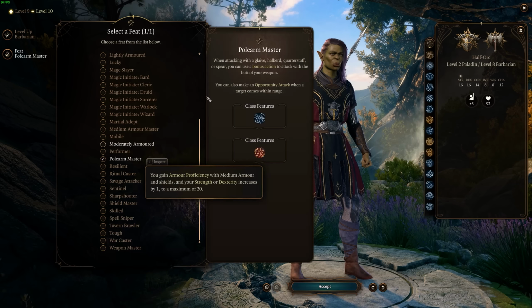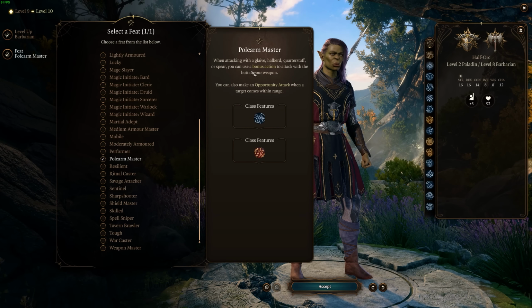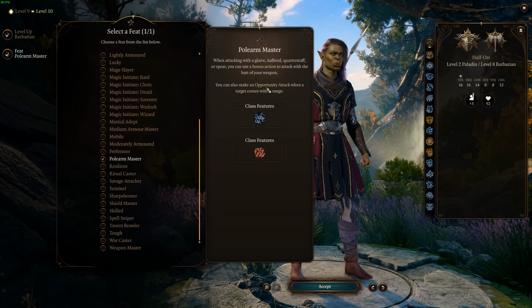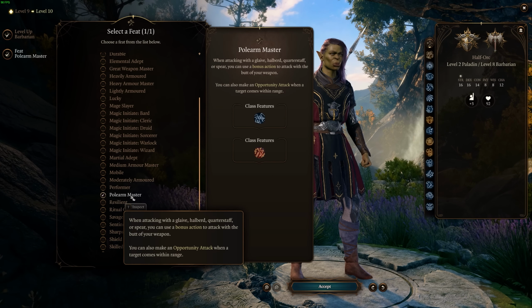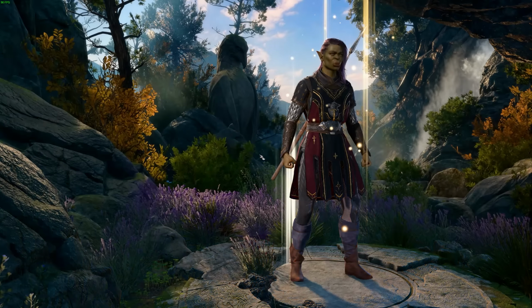You can use a bonus action to attack with the butt of your weapon, and you also get an opportunity attack. So you only get 2 feat points with this class, but you get that dual wielding, and you get that little bonus from that, and then you also get the Polearm Master because you can dual wield spears. So this is what I was saying. You want to pick up some spears along your journey. So we're going to go ahead and